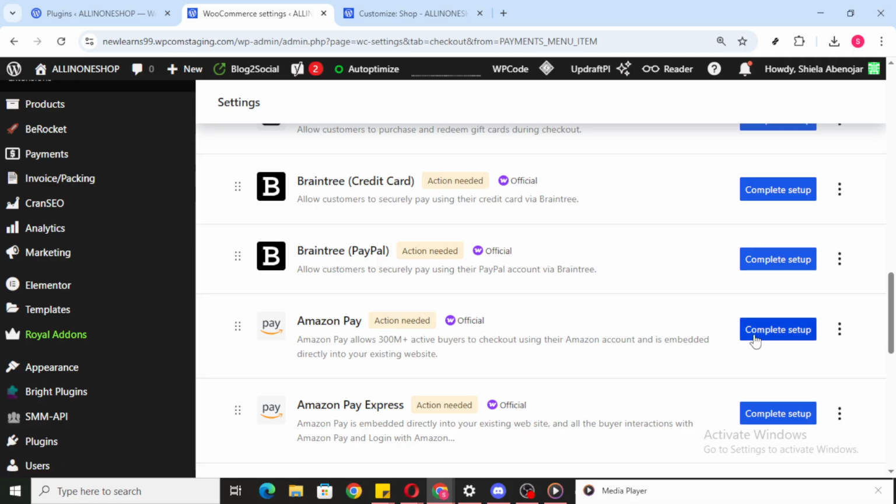The wizard typically asks you to connect or sign into your Amazon Pay account, choose the correct region for your business, and agree to the terms. You may be prompted to confirm store details such as your site URL and business information. If you see an option to enable sandbox or test mode, you can use that to try out the flow safely before going live. The plugin usually handles technical fields automatically, so most users can simply review the defaults and